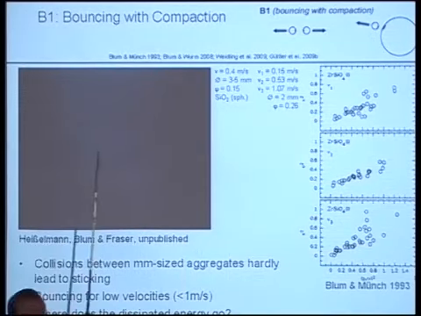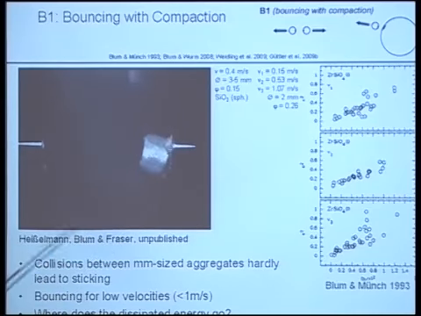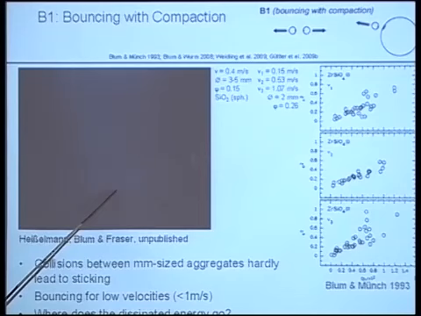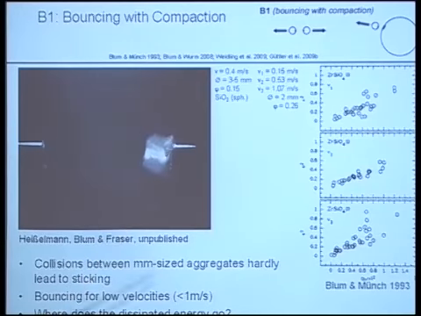Okay, those were the 4 processes that gained mass for the larger of the 2 colliding bodies. Now let's come to the bouncing cases. You see an experiment of 2 very similar sized, very porous, 85% porosity aggregates colliding, and they just bounce off. And that was known for many years that this bouncing happens, and the bouncing is relatively uninteresting. It just spreads the timescale a little bit. However, it does other things as well.